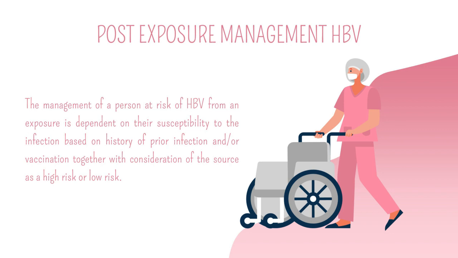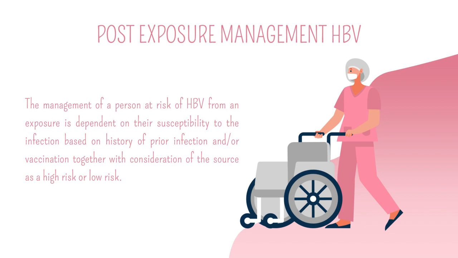The efficacy of HBIG decreases significantly after 48 hours, but may be given up to 7 days after exposure for a percutaneous or mucosal exposure. The benefit of the HBIG given more than 7 days after exposure is unknown. However, it can be given up to 14 days following last sexual exposure, due to a lower level of exposure. Where required, the recommended dose of HBIG for older children and adults is 0.06 milligrams